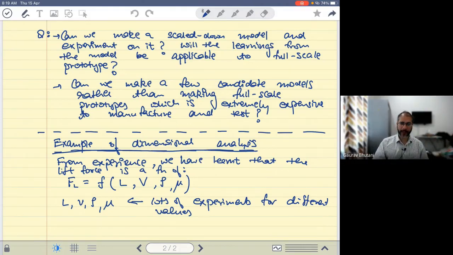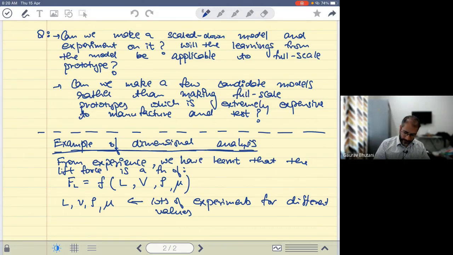So that will give me the effect of L, because then I will do an experiment on each of those, and that will give me the lift force as a function of L. Similarly, for each model, I will have 10 different flow streams. So that will be 10 more experiments per length. Then for each flow speed experiment, I'll have 10 different densities. So I can use 10 different fluids. And for each density, I will have 10 different viscosities, if at all that was possible to get those fluids. So I'll have 10 to the power of 4 experiments, because 10 lengths, 10 velocities, 10 densities, 10 viscosities.